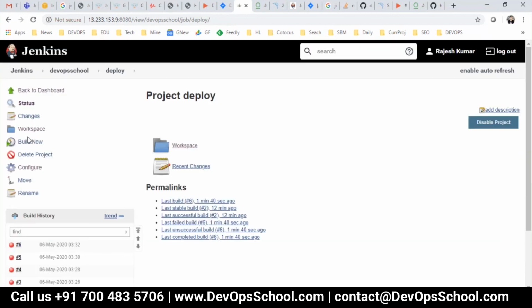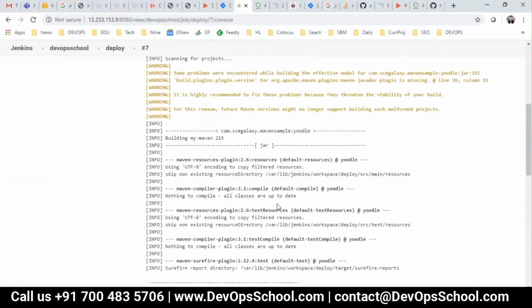Save it. Build now. I need a path for the Maven, and I got this path here.